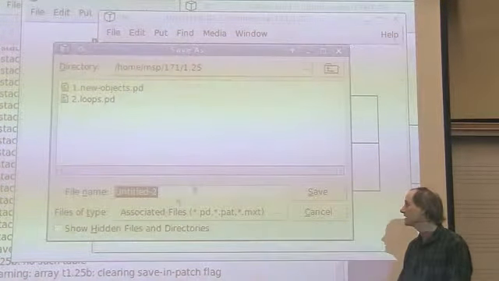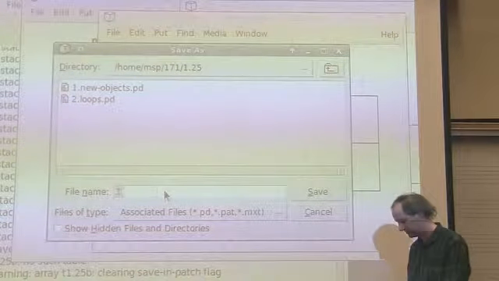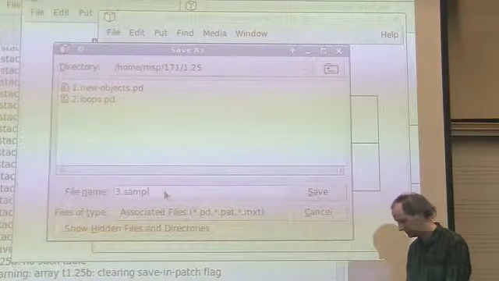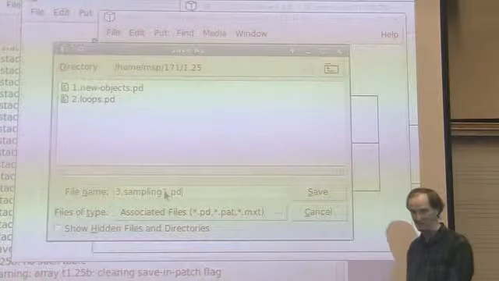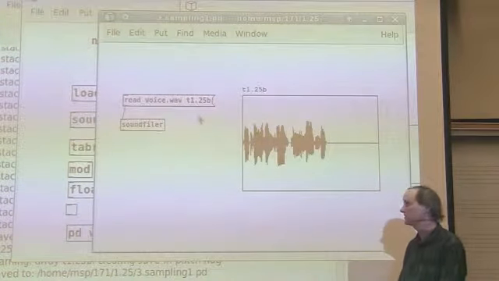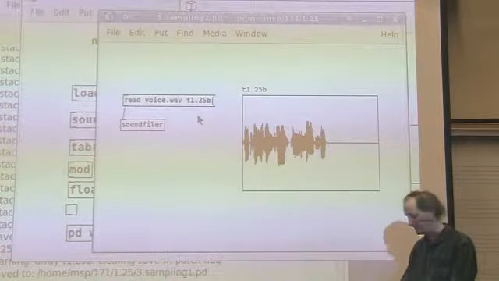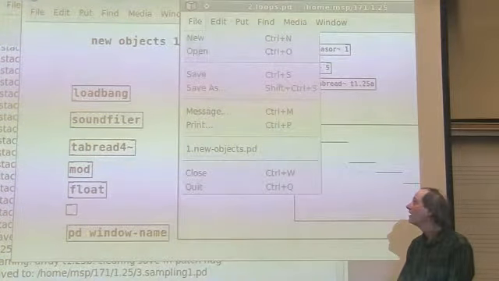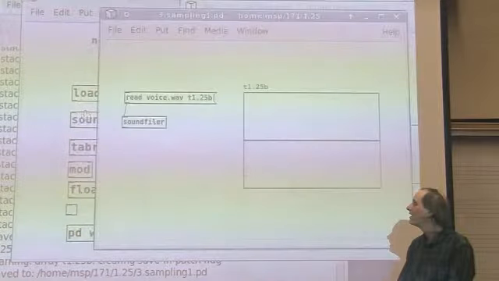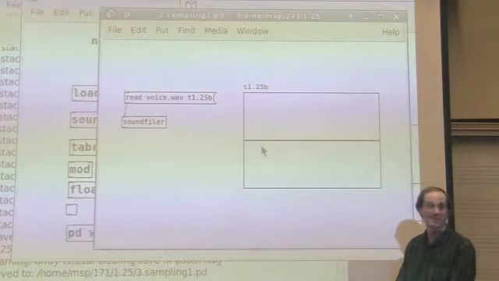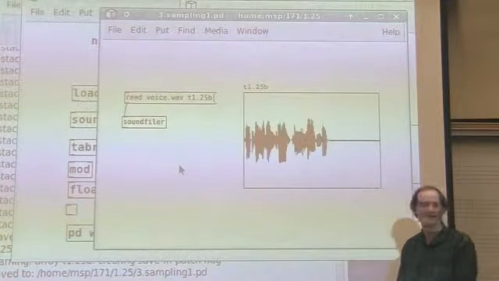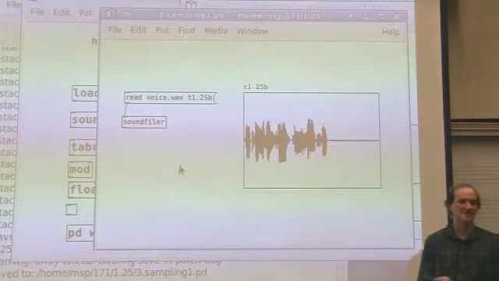All that means is that, oh yeah, let's save this. This is going to be 3.sampling1, because we'll have many sampling patches. Sampling is not just one thing, it's going to turn out. Okay. So now when I reopen this patch from nothing, there it is, but it doesn't have the sample anymore until I do this. And now,